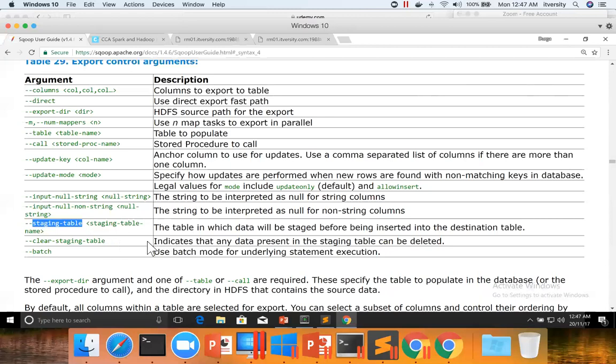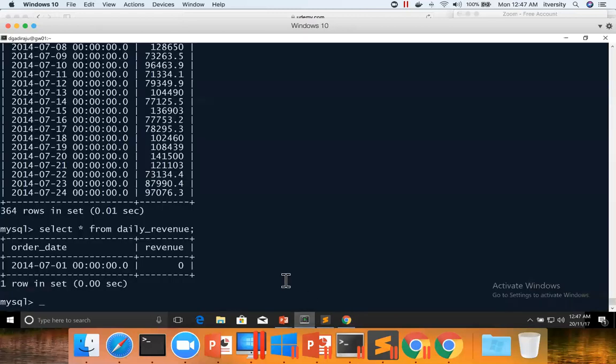staging table. And what it will do is, before every Sqoop import with staging tables, if you have this clear staging table control argument, it will clean up the data and reload again. So now let me truncate